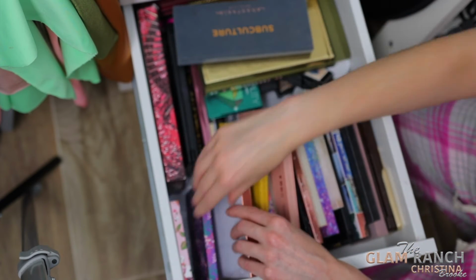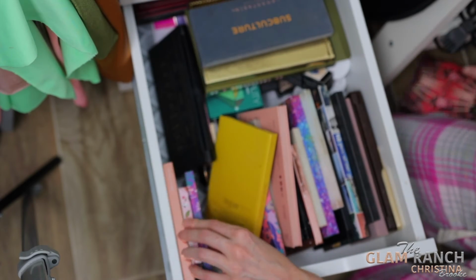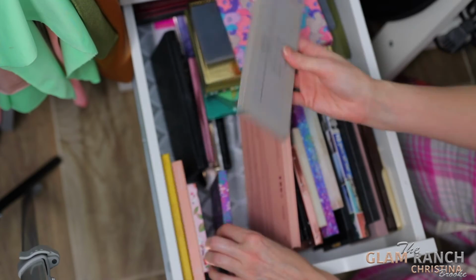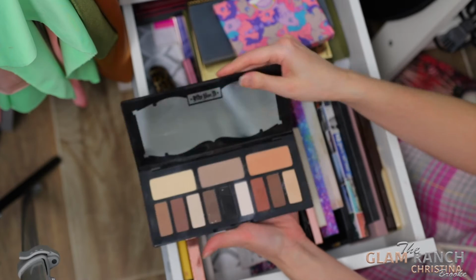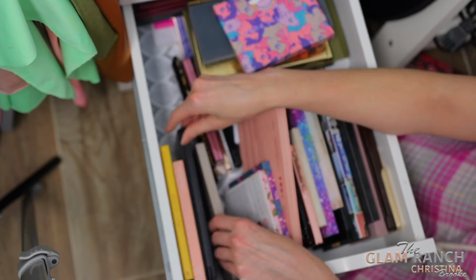Okay. So, I'm trying to keep this pretty, let me try to organize this while I do this. Okay, the Reina de Caribe, we're keeping that. I like this palette. KKW Beauty, keeping it. Alright, so now we have this one here from Kat Von D. I think I'm going to keep this palette even though I don't use it that often because it is a